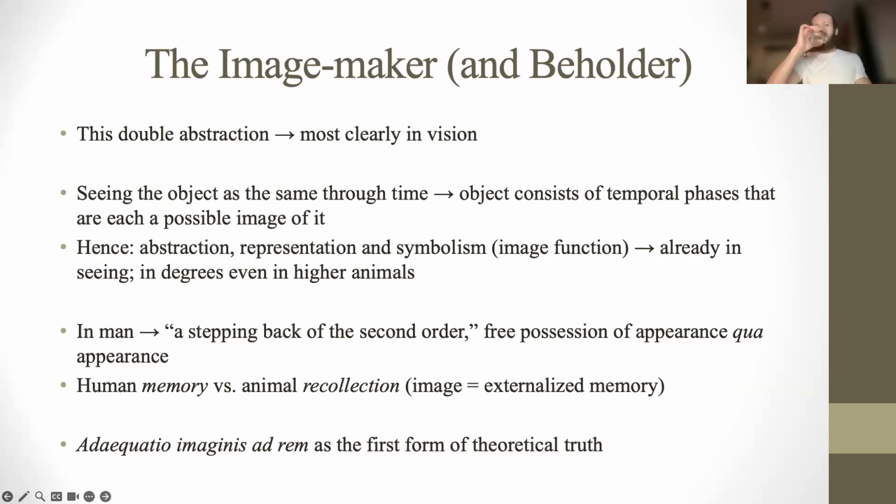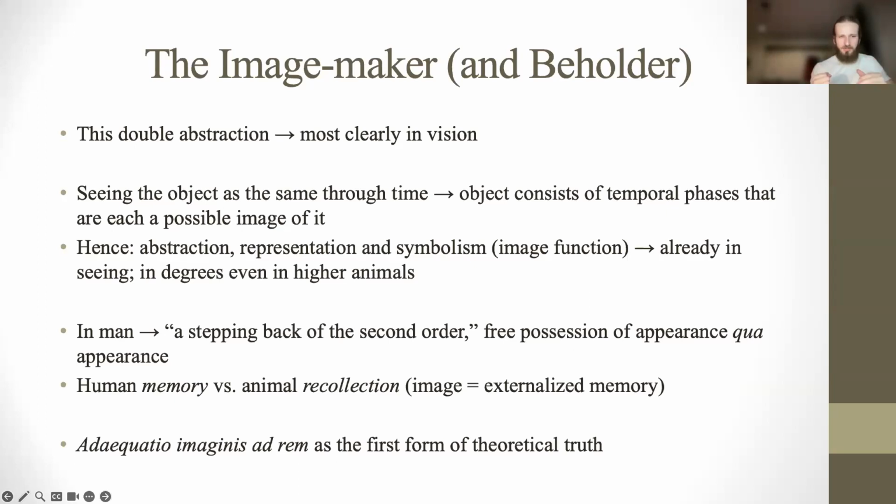Here, not to go into vision too much, because this is not the right essay to do that, but here he develops a very interesting aspect of this. So he discusses the seemingly simple fact that we see objects as being the same through time, as having some kind of diachronic identity, and also the fact that this seems to be part of perception itself. We perceive the object as identical. We don't come to that conclusion through some kind of reasoning. And if this is so, then